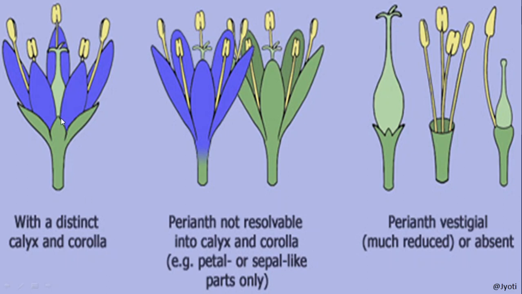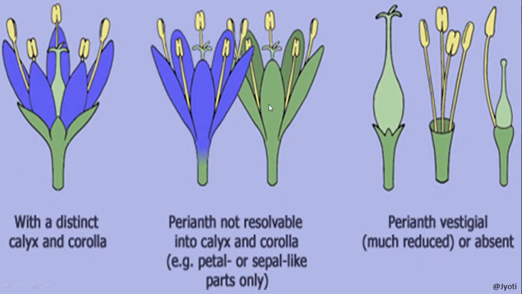Here you can see the difference between the perianth and the calyx and corolla. This is the flower where the calyx and corolla are distinguished. The corolla is blue in color, the calyx is green in color. But here you can see that the calyx and corolla are not distinguished. In this flower, all the floral whorls are blue in color. That is, calyx and corolla are blue in color, so they are not distinguished. So this is called perianth, and individual units are called tepals. And this is called petaloid because all the members are petal-like. So it is petaloid perianth.